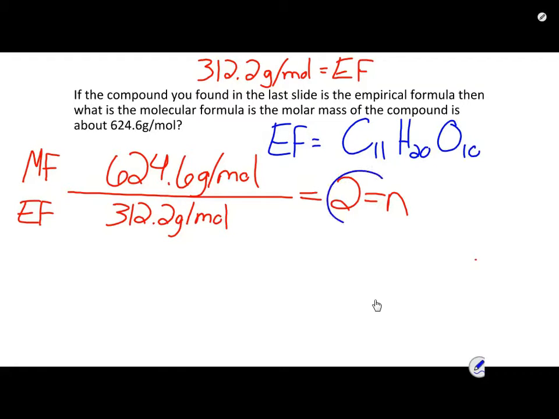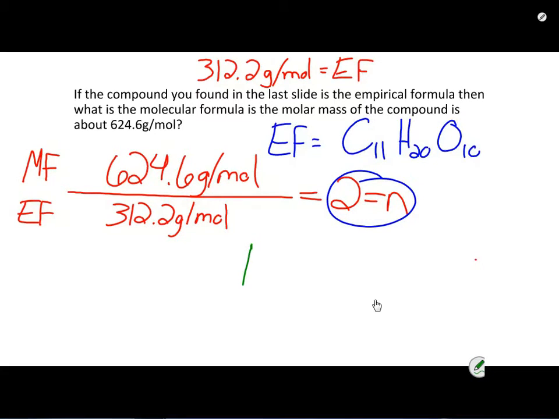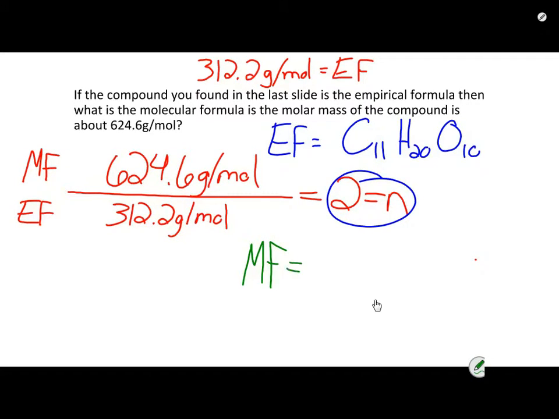What do I use this number for to convert my EF to my molecular formula MF? Multiply the subscripts. So I'm going to take 2, multiply all my subscripts by 2, and my MF is going to equal